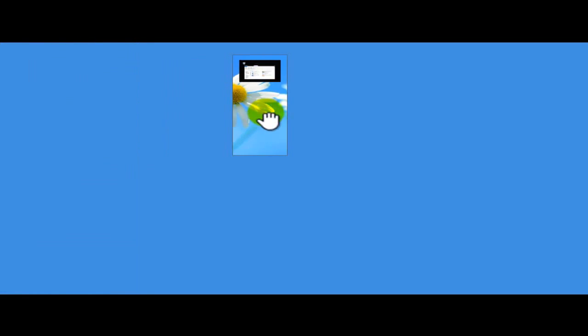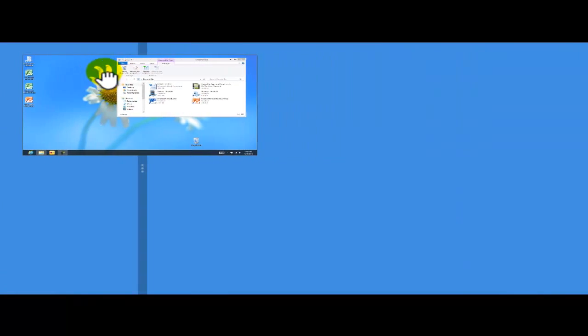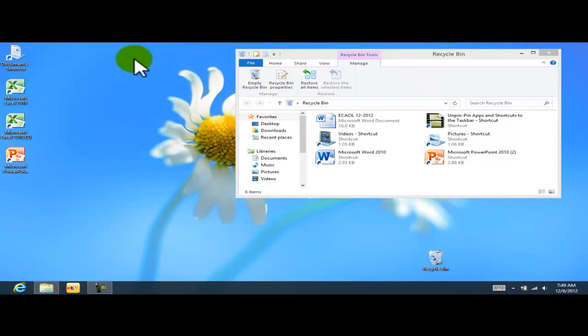Now we could also delete multiple items. I just snapped my desktop to the left hand side. I'm sorry. Windows is very sensitive, so I made a mistake. In another video, we're going to see how to snap our desktop to the left hand side or the right hand side to work with